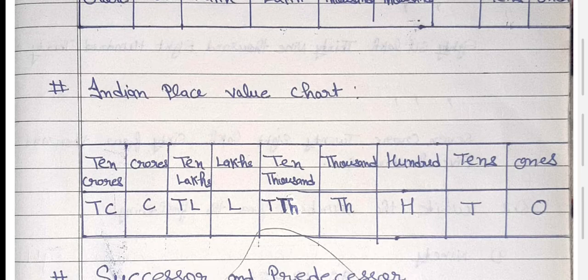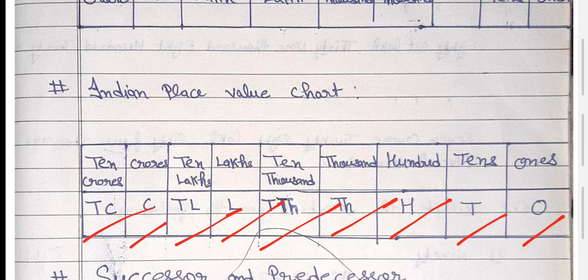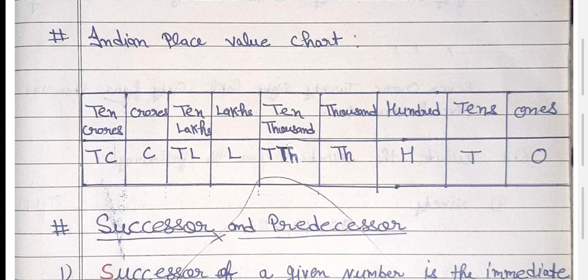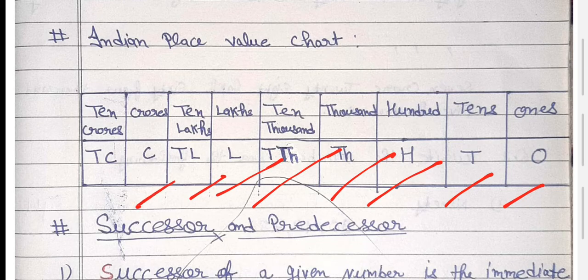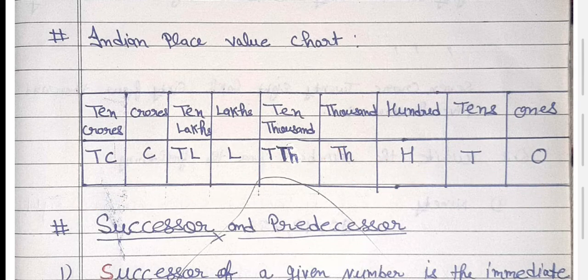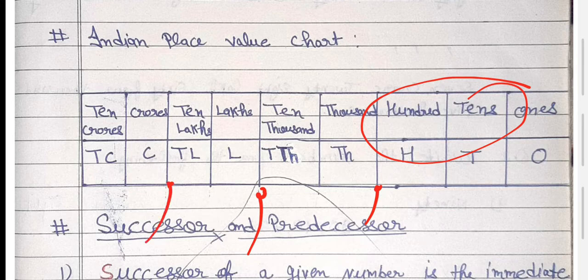Now the Indian place value chart. All of you know how to write the number name by counting like that: 1, 10, 100, 1000, 10,000, lakh, 10 lakh, crore, 10 crore. It is the way by which you can write the number name. From the back side, first you take 1, then tens, then 100, then 1000, then 10,000, then lakh, 10 lakh, crore, 10 crore. And these three digits will come in the first period, so you have to put one comma here. Then these two digits come in the second period, or thousands period, you put one comma, and this is the lakh period, and then the crore period.